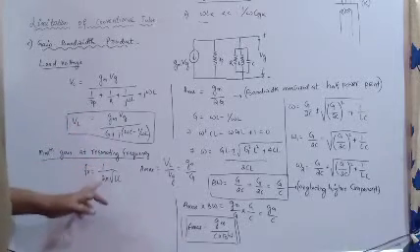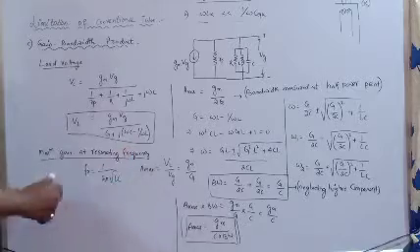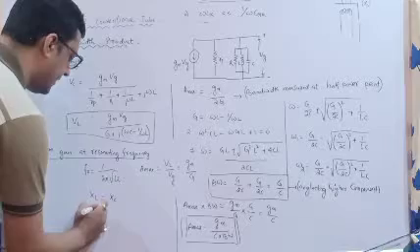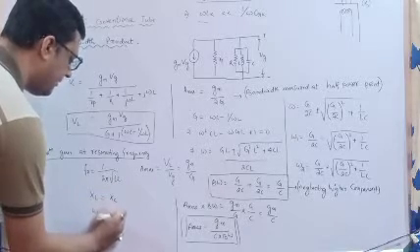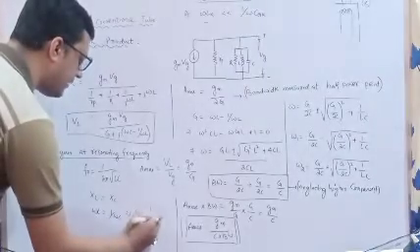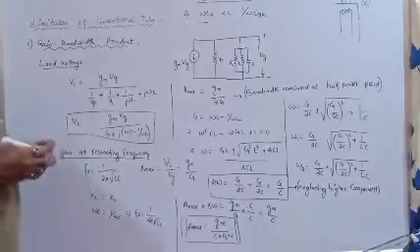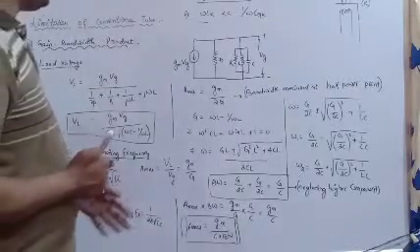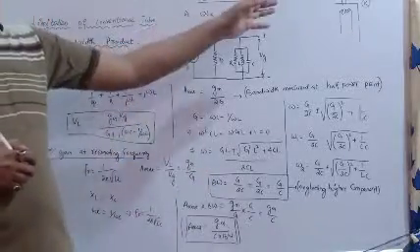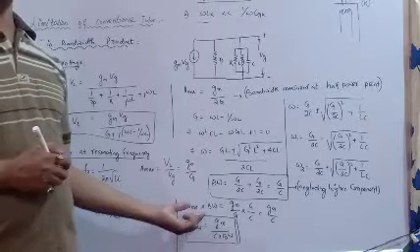So what is the resonating frequency? Fr is equal to 1 by 2 pi root over LC. How have we got this? We have got it from XL equal to XC, that is omega L equals 1 by omega C, so Fr is equal to 1 by 2 pi root over LC. From here I have derived Fr. Now at that maximum gain, the load potential VL divided by Vg must be equal to Gm by capital G.